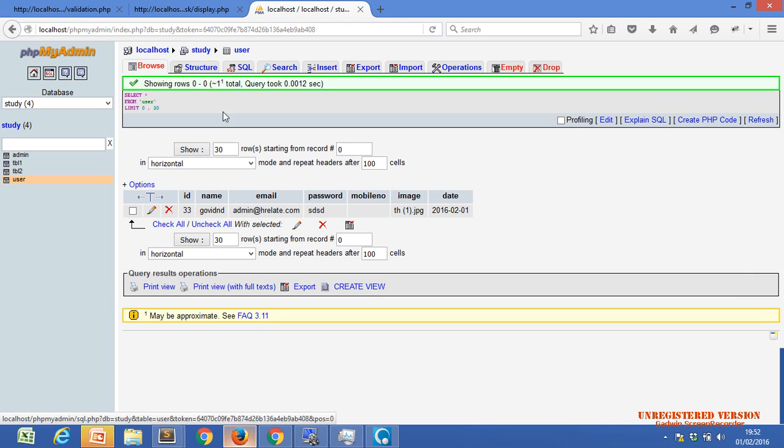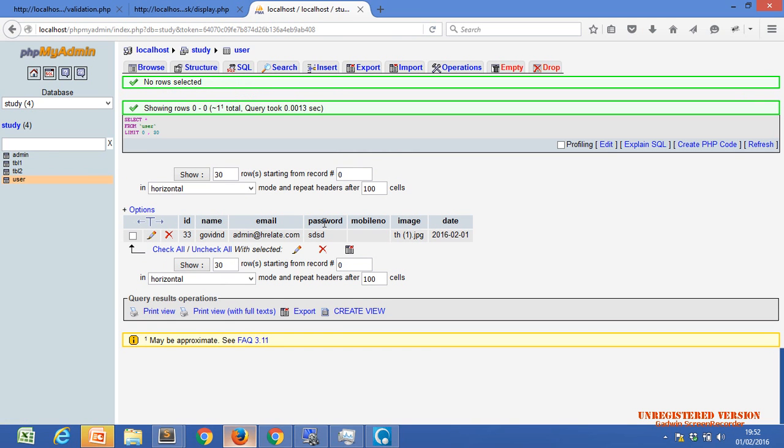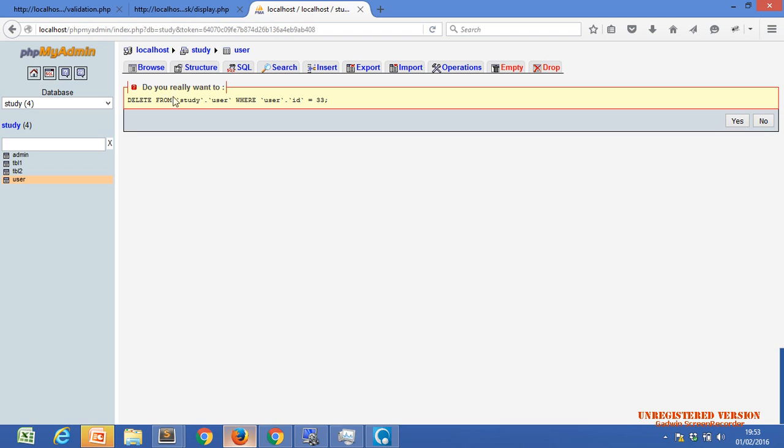But how do we recognize that I just want to delete only the third record? Delete from study, just forget about the user, where user ID, where ID equals 3. We use the where clause for recognizing.